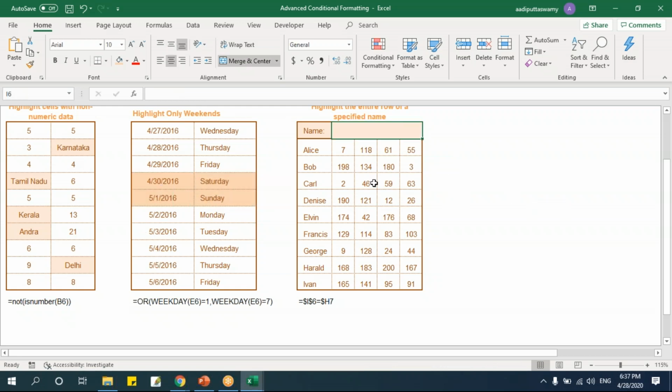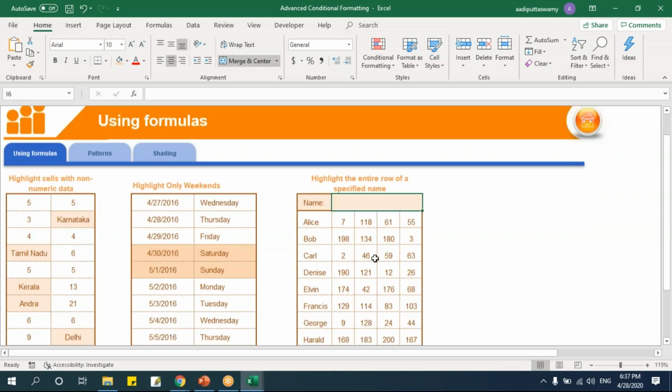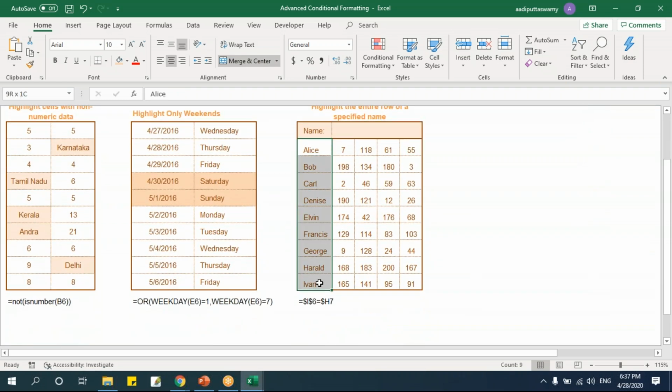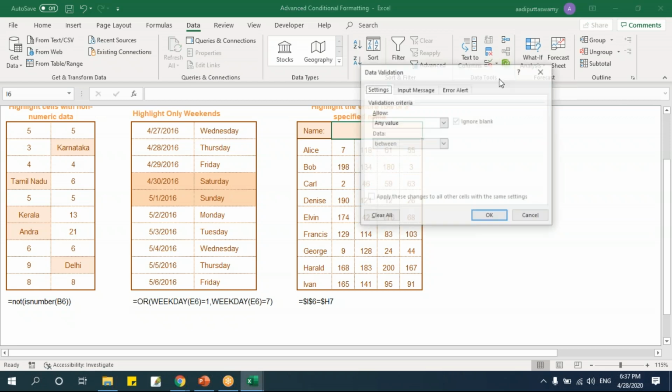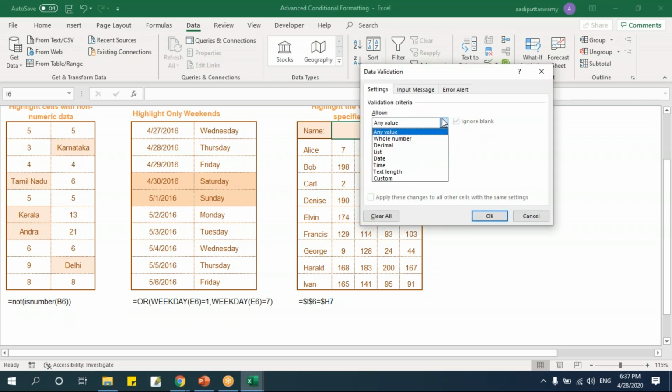Fine. Let's go to this. Here I have a list of names with their marks or say their rankings or whatever. Whatever name I specify here, that should get highlighted. So what we can do is I'll just go here to data and say there is this data validation. Don't worry about this, I'll tell you in the next session, we have this chapter only.